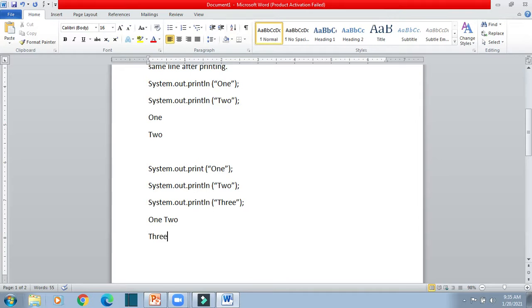Because in print it will not change the line, but when it's written println, then after 2 it will change the line. So 3 will be printed in the next line, and after printing 3, the cursor will move to the next line also. Yes, sir. Very good.